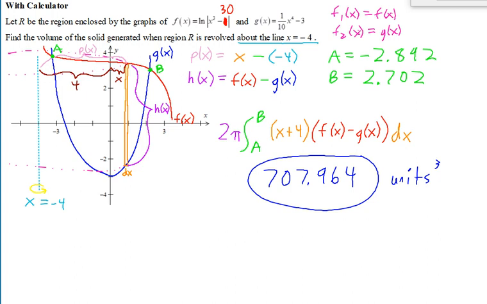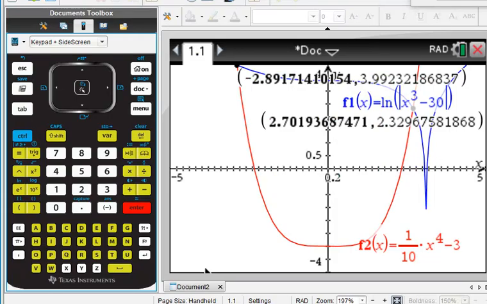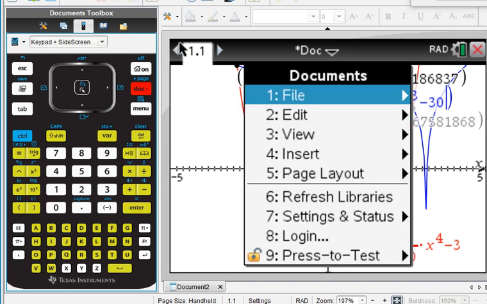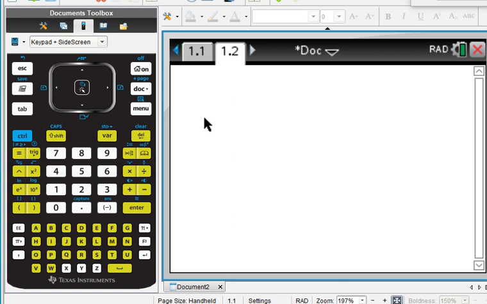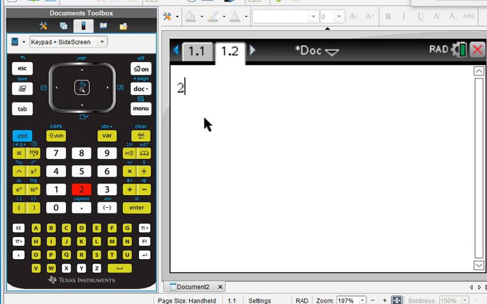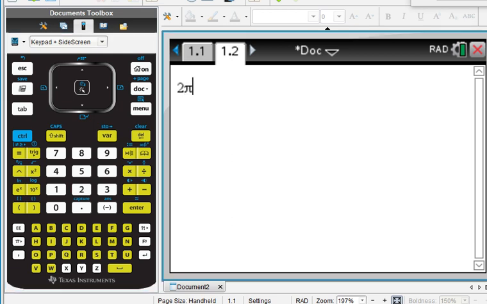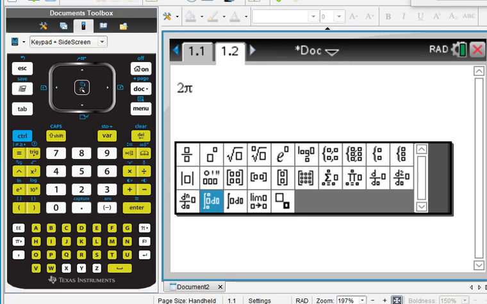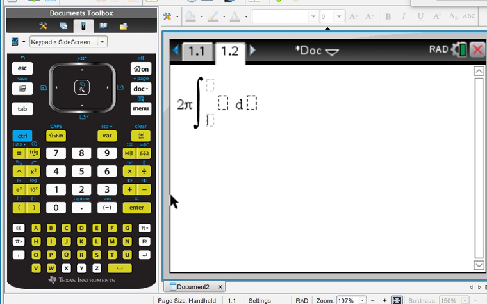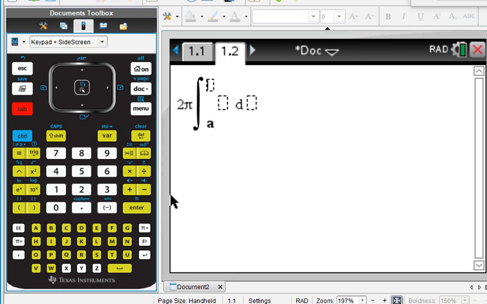And then for the Inspire, you do the same thing: you go doc, insert calculator, and then we'll have 2 pi. Pi is right next to the h here. And then the integral is again on the button right next to the 9. See the definite integral one looks like this. And then a lower limit, b upper limit. This is again kind of what the newer 84s format looks like. And then open parentheses,